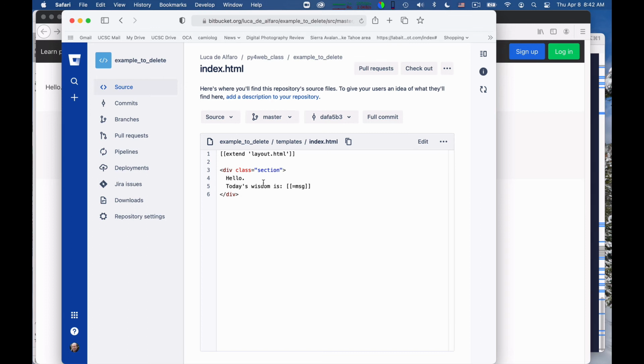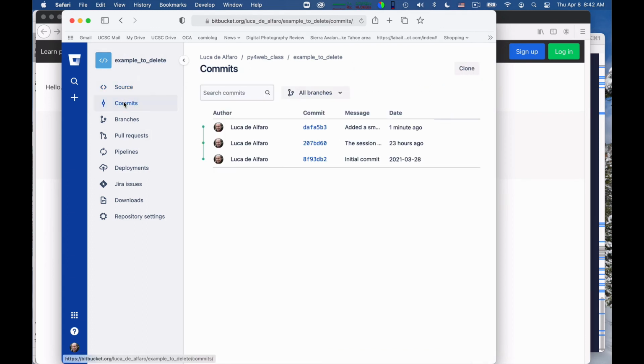One of the reasons I greatly prefer Bitbucket to GitHub is the following: if you ever get confused about what's going on, you can always look at the commits, which is mind-boggling to me that GitHub omits from the web interface. But this shows me the history of what happens. So this tells you that on May 28 I built the general scaffold Bulma for using this class. 23 hours ago I made a change, and 1 minute ago I fixed it.